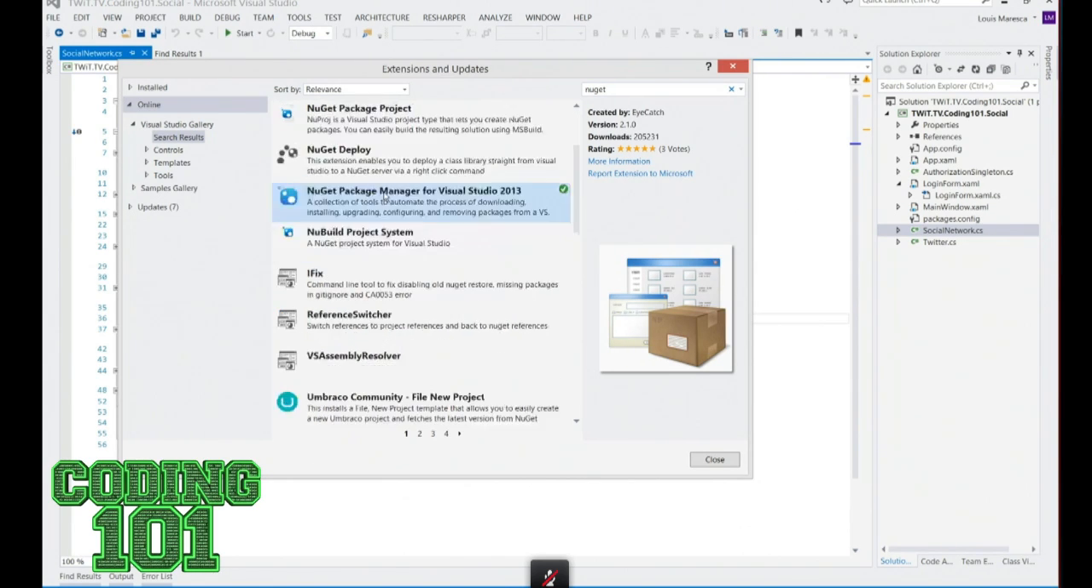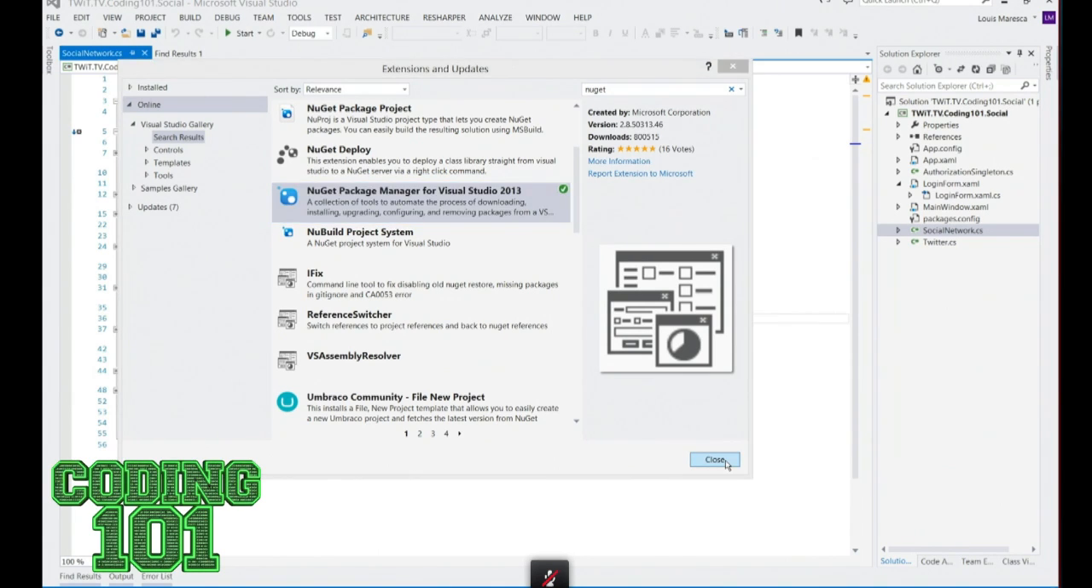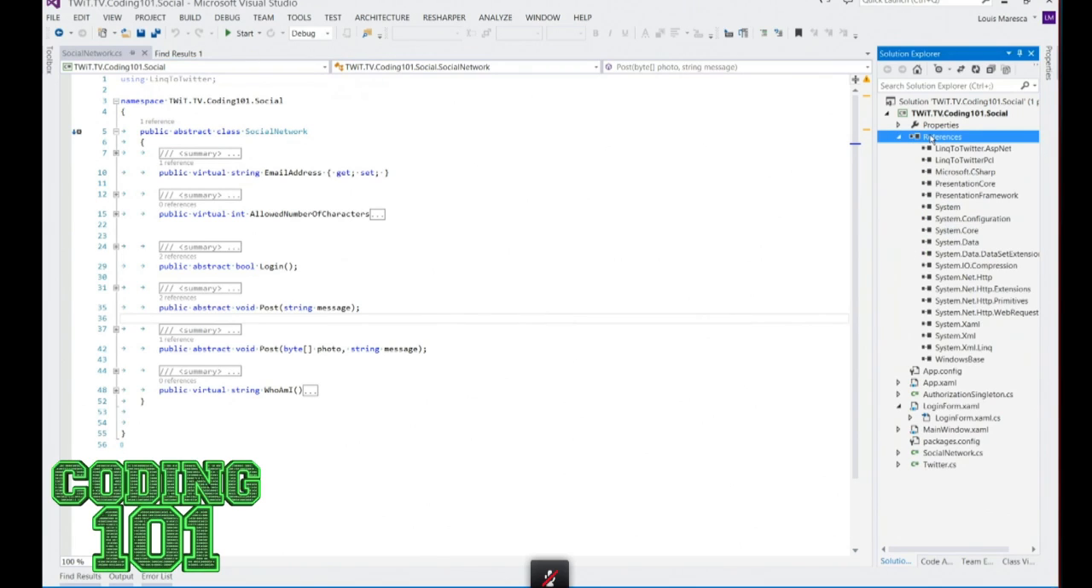What this will do is allow you to search through NuGet. NuGet is just a big repository of open source code where people have done really amazing things. I actually used a version of it in the social app that we showed last week, where I used the LinqToTwitter